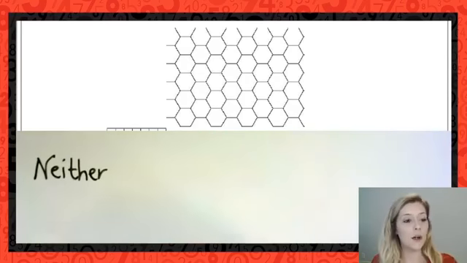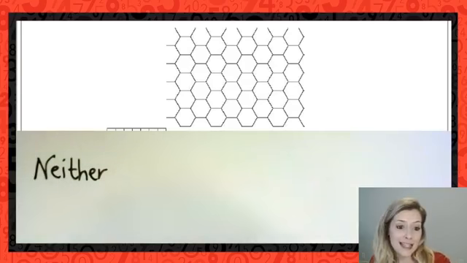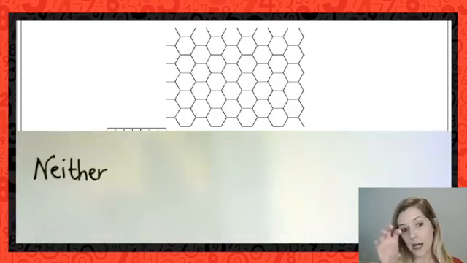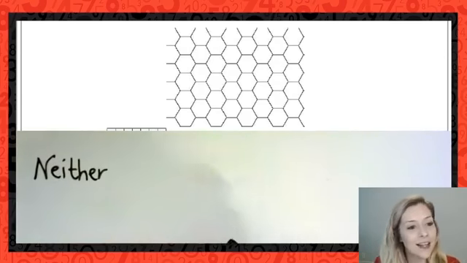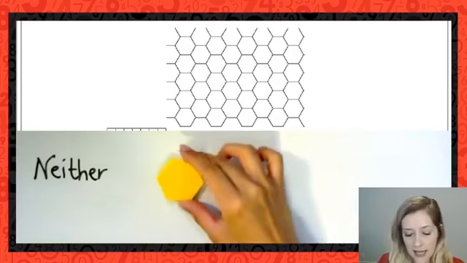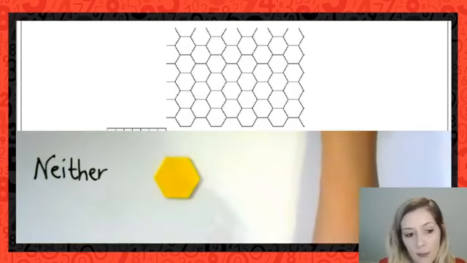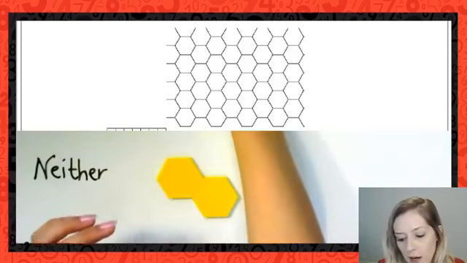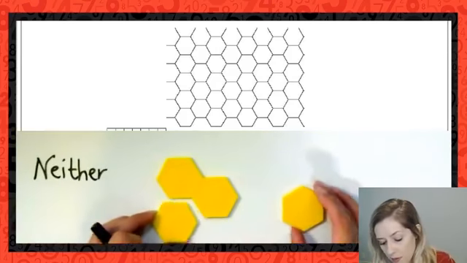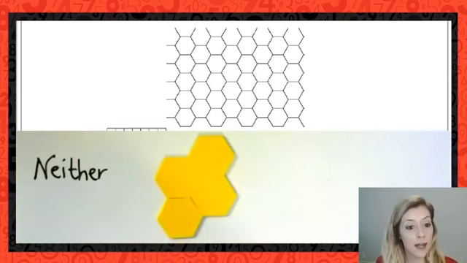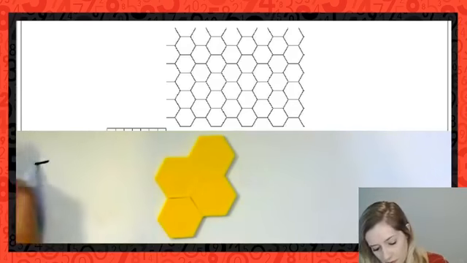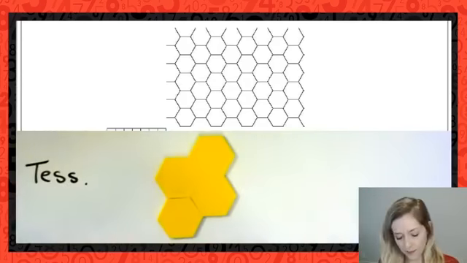And we can get into deeper conversations here about what it is that we're tessellating. What is that pattern that's being repeated? And in this case, if you want to jump ahead, it does look like, hopefully it's big enough on your screen, that it is a hexagon. So it's as if we took this hexagon that I have here and we placed a bunch of them together, and we'll explore this in depth. We can actually tessellate using a hexagon. So that one is a tessellation. Let me just write T-E-S-S.